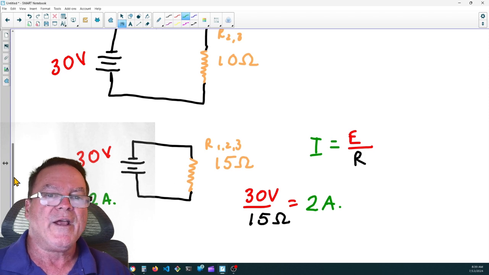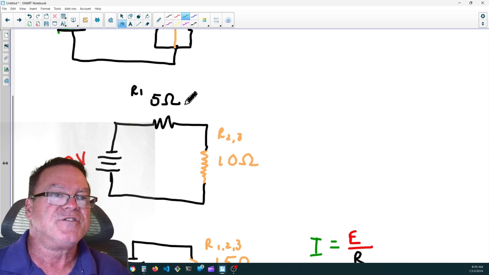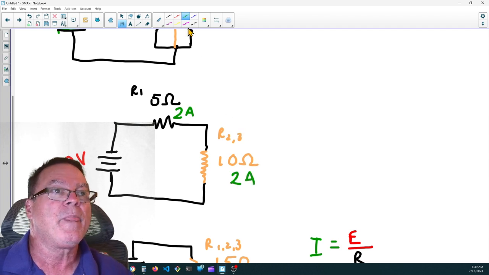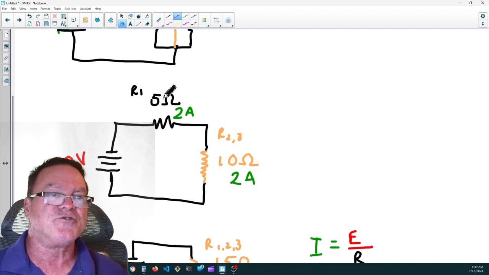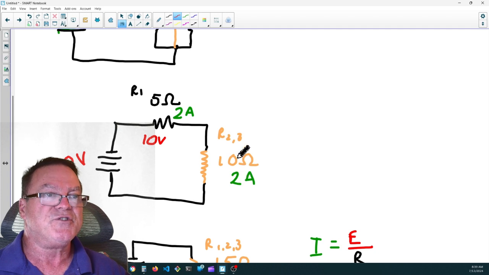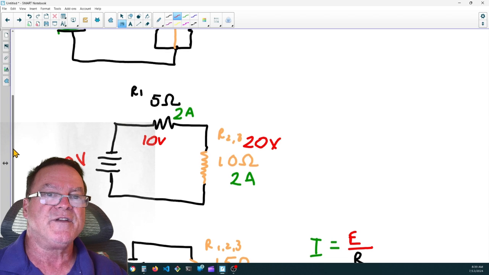So when I go back to this equivalent circuit, I have 2 amps flowing through R1, and I have 2 amps flowing through R23. Now I can find the voltage drop across R1. 5 ohms times 2 amps equals 10 volts dropped across R1. 10 ohms times 2 amps equals 20 volts dropped across R23. And that's important to know because when we go back to the original circuit,